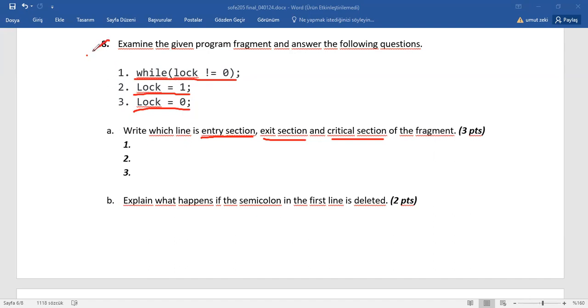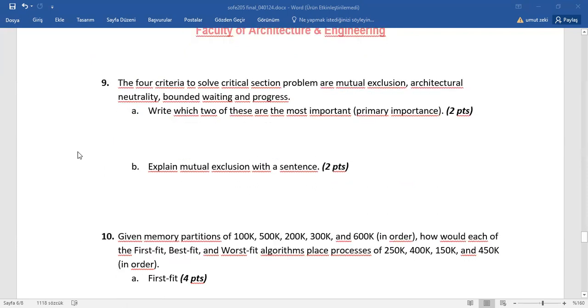But I'm not going to ask this kind of question in the recitation. I just explained the question, but I'm not going to ask a question like question 8. Okay, this is a kind of memorization question. The 4 criteria